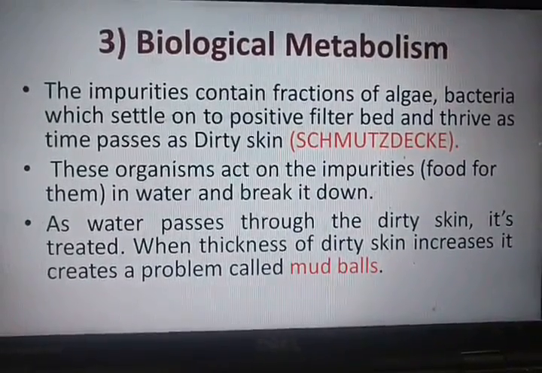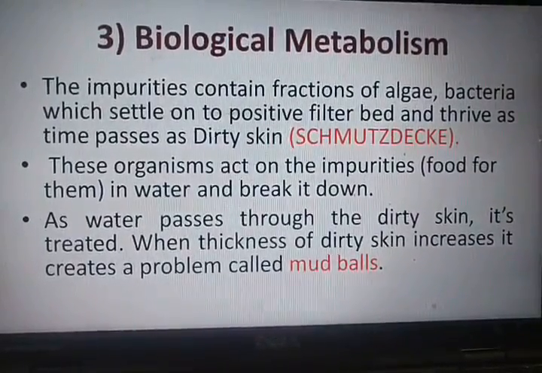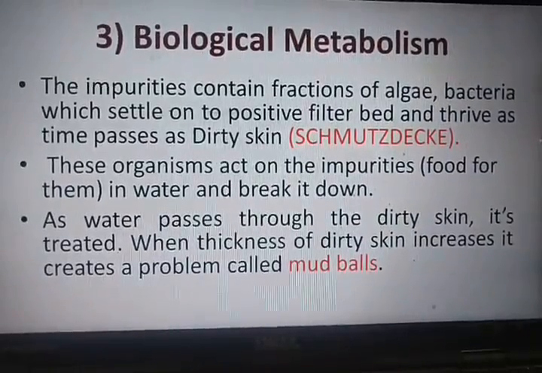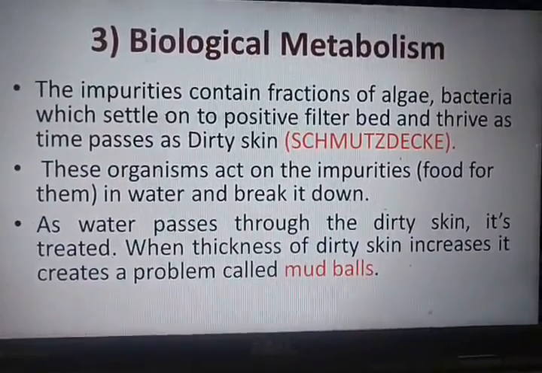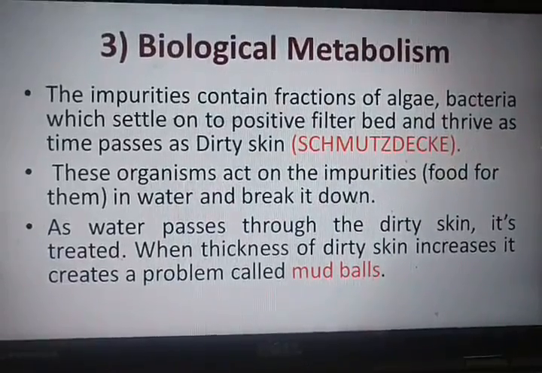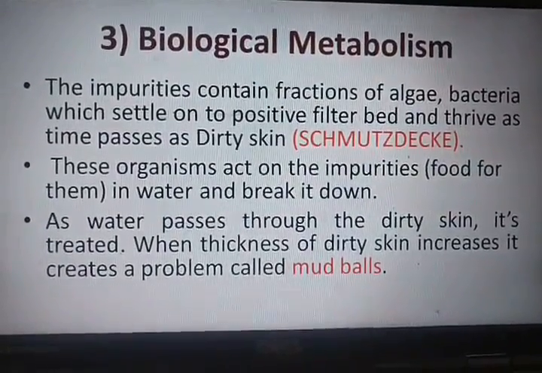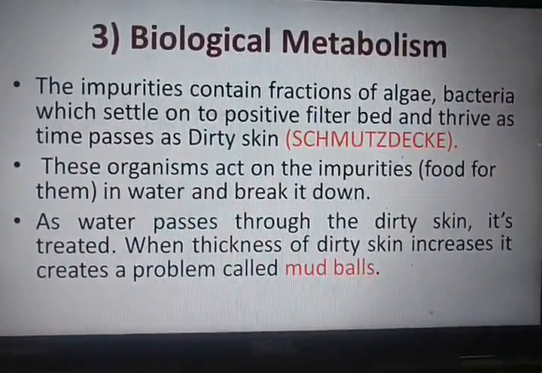When the water starts to slowly percolate on the bed of the filter, there could be the development of a dirty skin. It is called the Schmutzdecke. A dirty skin layer is formed on the layer of the soil, and these organisms act on the impurities,